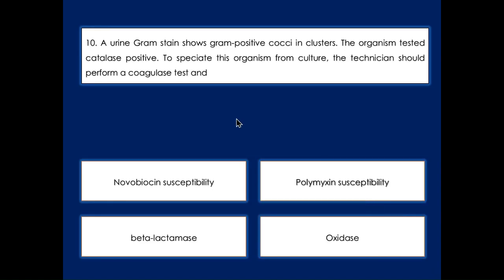10. A urine gram stain shows gram-positive cocci in clusters. The organism tested catalase positive. To speciate this organism from culture, the technician should perform a coagulase test and